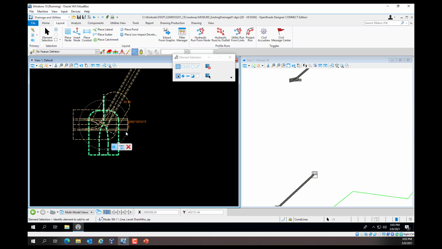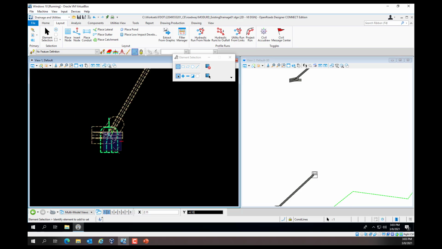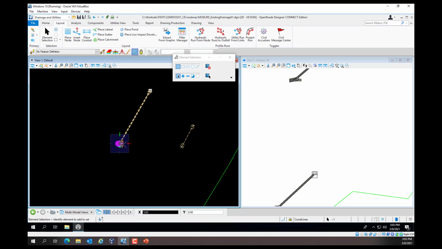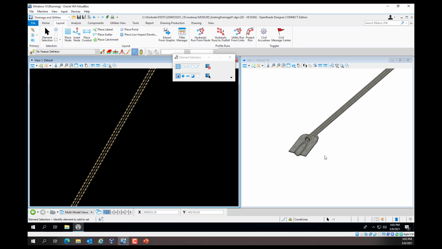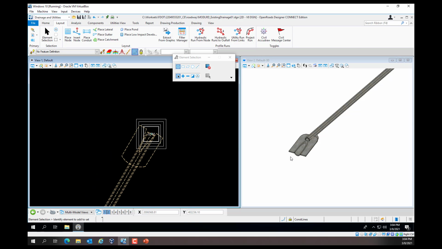If we select the outer limits of it, we need to change the manipulators for the rotation. So we need to rotate it to be true to the structure or the pipe that we just placed. So we'll rotate and then snap to the middle of the structure. And you'll notice, I'll zoom out, in the 3D, it's setting the structure according to the pipe, so the orientation. We'll repeat that process for the node up above, and I'll zoom in and get that to show up.